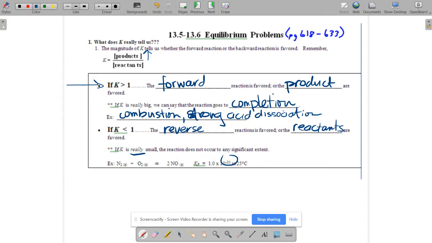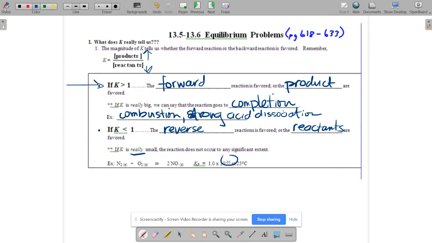So it really makes sense that if K is greater than 1, meaning our products are higher and our reactants are lower, and that's where the reaction is going, then the forward reaction is favored. It is product favored is another way that we can talk about this. If K is really, really big, 10 to the 30th, 10 to the 40th, we can say that the reaction goes to completion, meaning it is so forward favored that there's very little, if any,